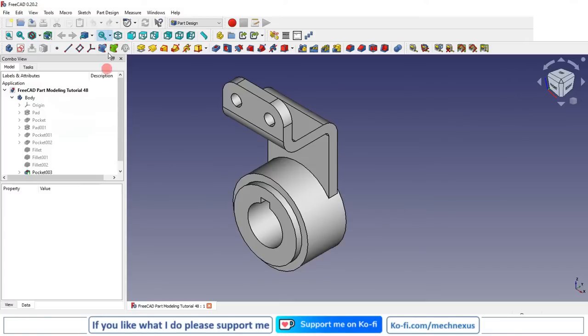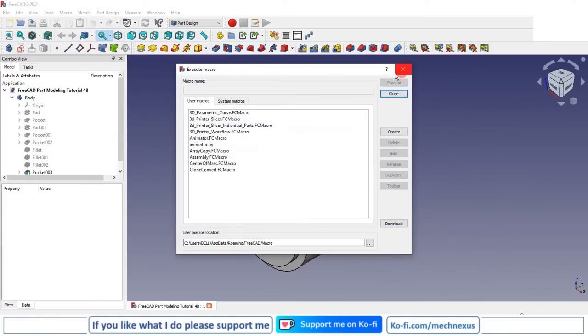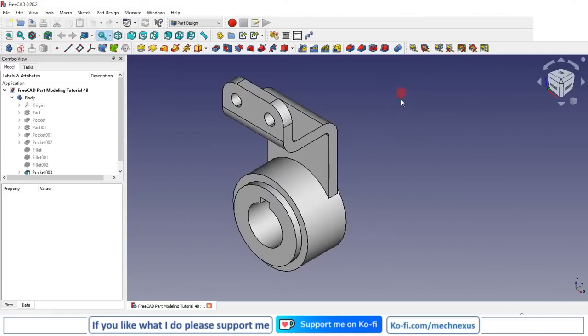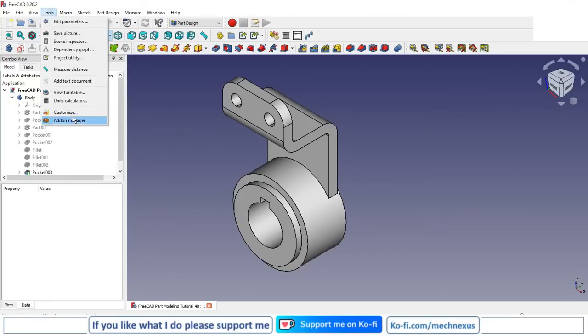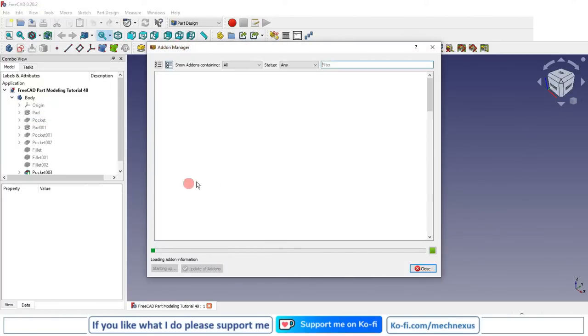And we can execute the macros from the script here, or we can add these macros as a toolbar, but most of the macros which are outdated do not work. So in this case it is better to remove those obsolete macros, because if we go to the add-on manager, if we install any macros, so